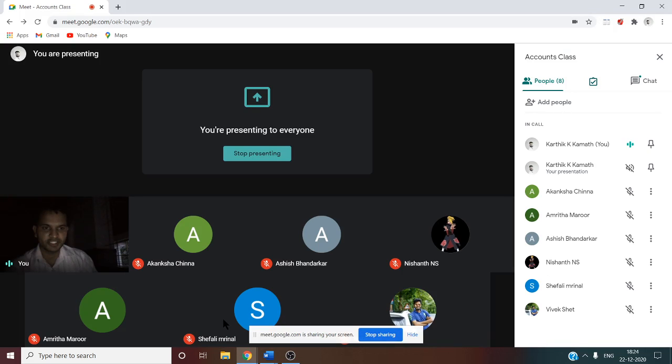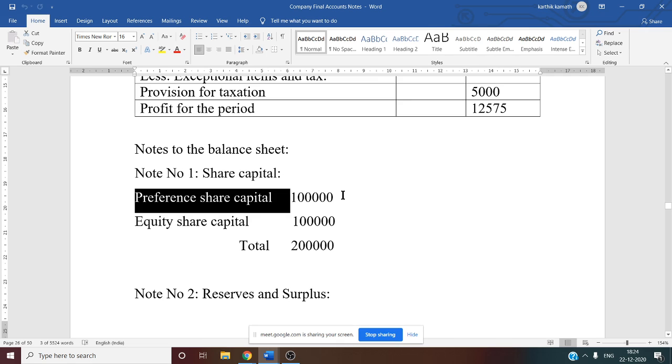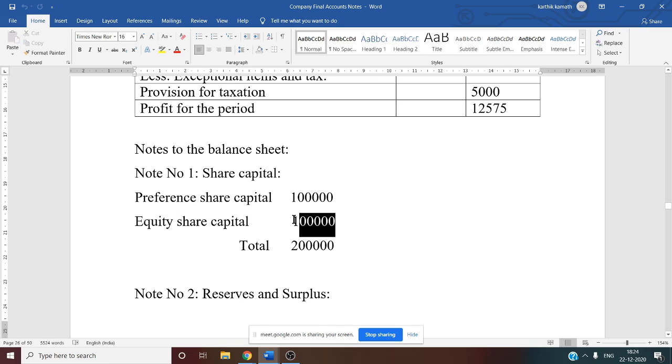Yes. Now we will have to prepare the notes to the balance sheet. Notes 1 to 21 to the balance sheet we have to prepare. So one by one note. See this now. First one, note number 1, share capital. In this question, two share capitals are given. That too we have to see from the trial balance value. Whatever information is given on the credit side of the trial balance, the different share capital. Directly, no adjustment, 1 lakh from the trial balance. Equity share capital, directly, no adjustment, 1 lakh. So total share capital, 2 lakh.